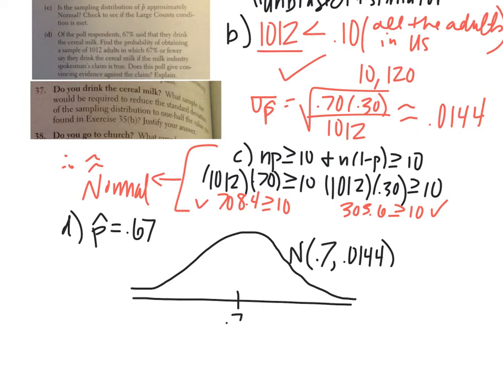And the question was, find the probability of obtaining a random sample with 67% or lower. So I'm going to shade to the left. And now I'm going to need to go to Statlet or use your calculator to find this percentage right here, which I got